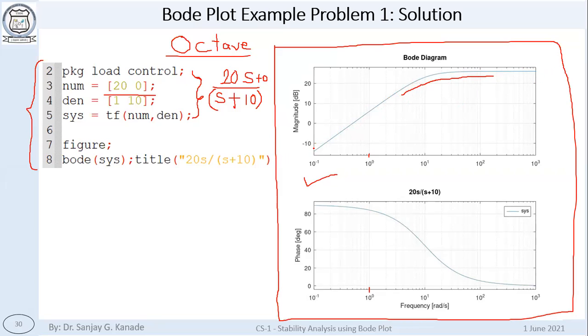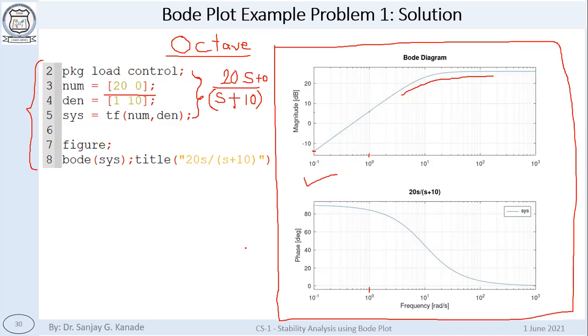For example, here, how much could this be? You can see from the graph, this is around minus 14. And what was your graph? It was also the same, minus 14 at 10 raised to minus 1. At 10 raised to 0, how much is it? You can check. It is around 6, right? So our plot is correct. This is just the way of verification, to verify whether we have done it correctly or not. Okay. Phase plot also you can verify whether it is correct or not.